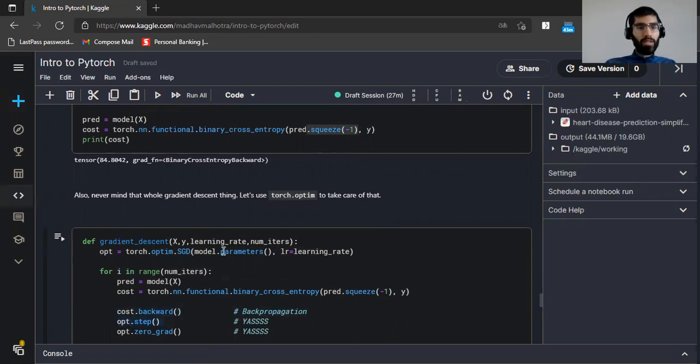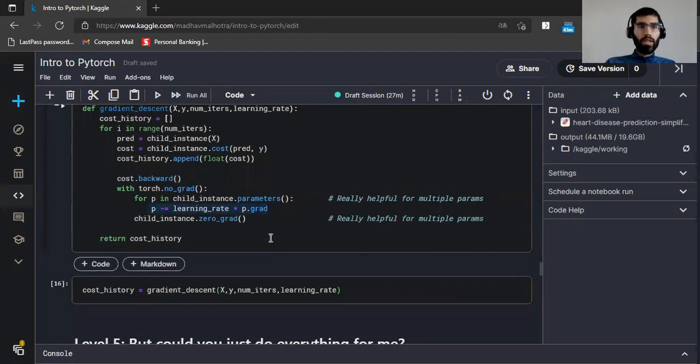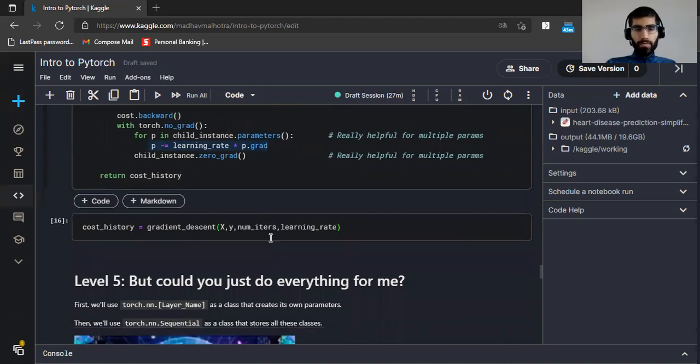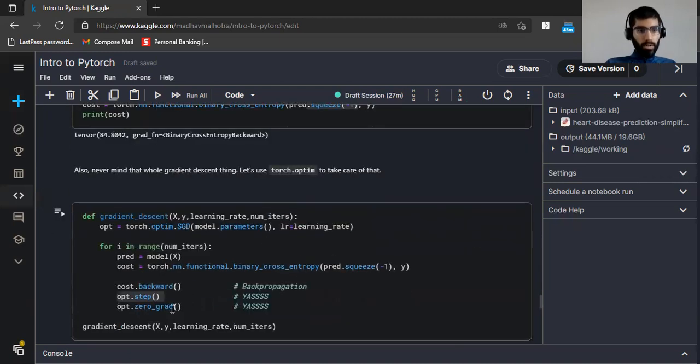What this does is it runs this step calculation, taking a step closer towards the minimum. And also opt.zero_grad, it just goes through all of these parameters and sets their gradient to 0 again for the next iteration. So I'm going to run this,